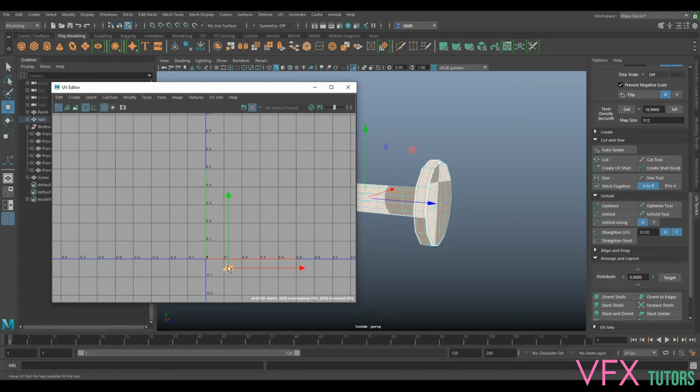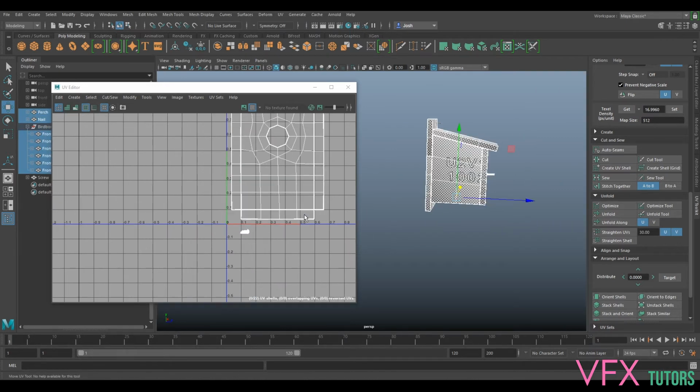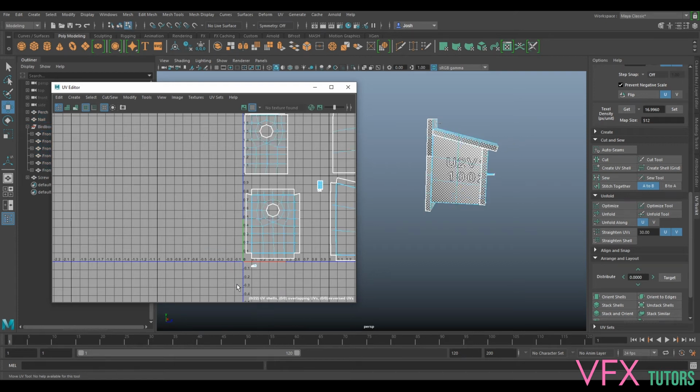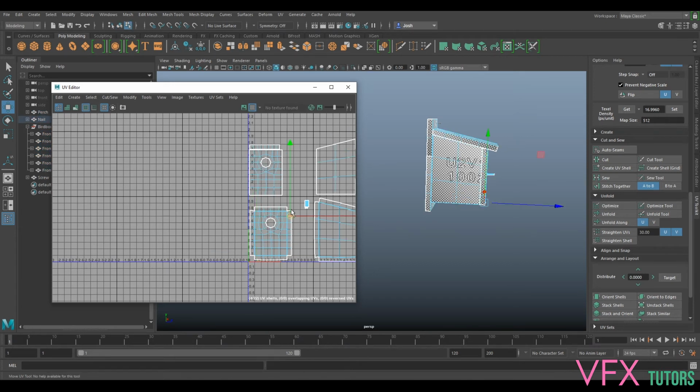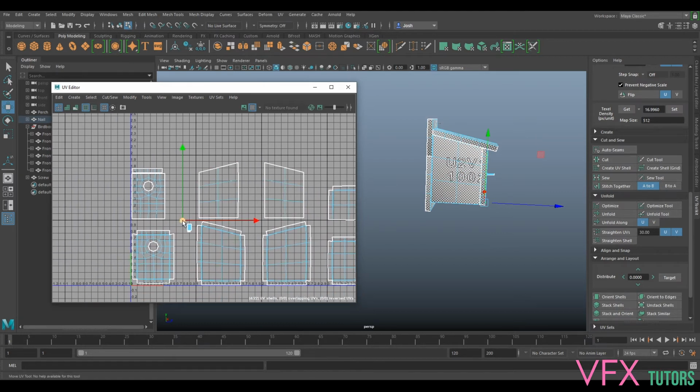Just going to pull this down. When I'm organizing stuff, I call this my waiting room, because I know that stuff's not supposed to be in there, so it's nice to put it in there whilst we're organizing stuff. So I'm going to select everything. UV shell. And this is metal. Usually you would put your metal in a different